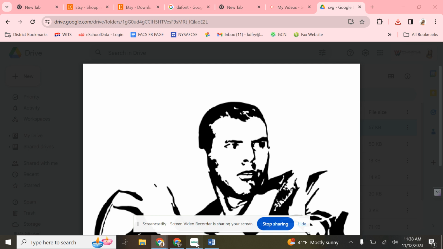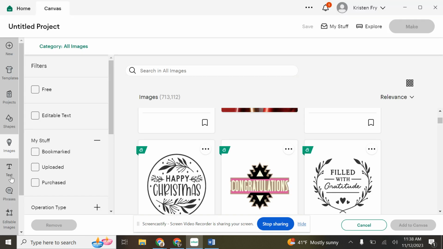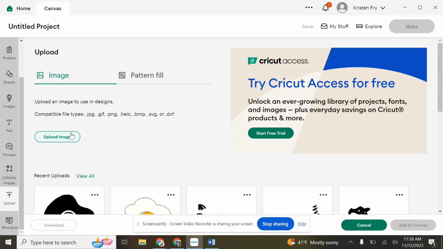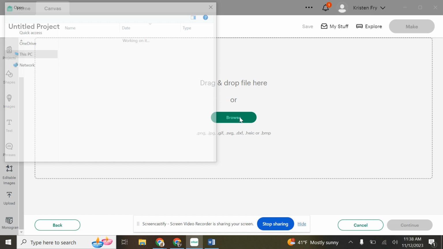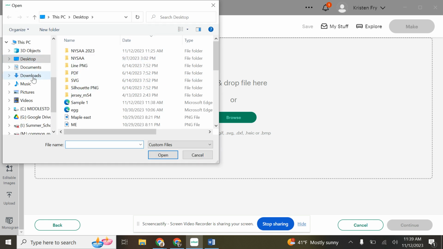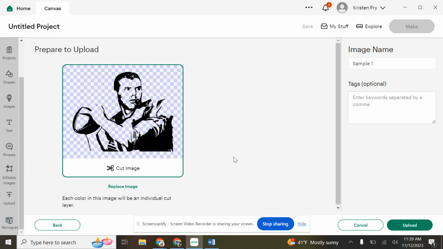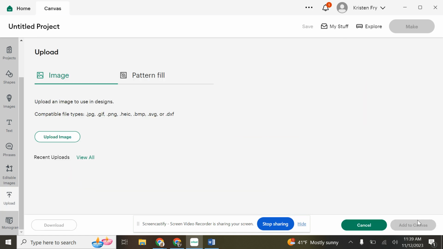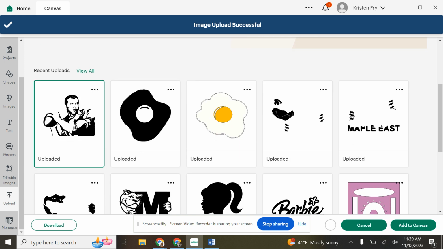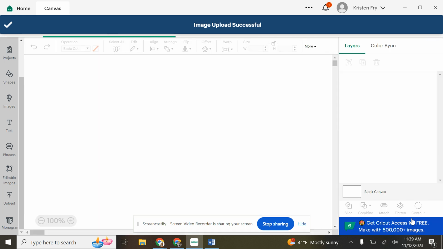Now I can go back to Cricut, okay? And I'm going to scroll down to upload. And I'm going to click upload, browse. Remember to know where you're looking for. I'm going to click on my sample, and there it is. So it brings it in. Typically the ones that you download from Etsy, they already should not have a background. I'm going to then click upload, and there it is. So click on the image, add it to my canvas,